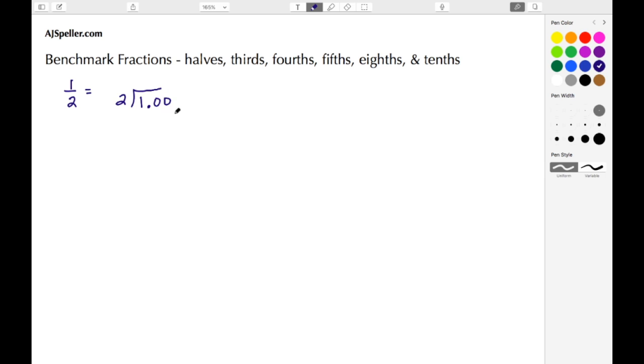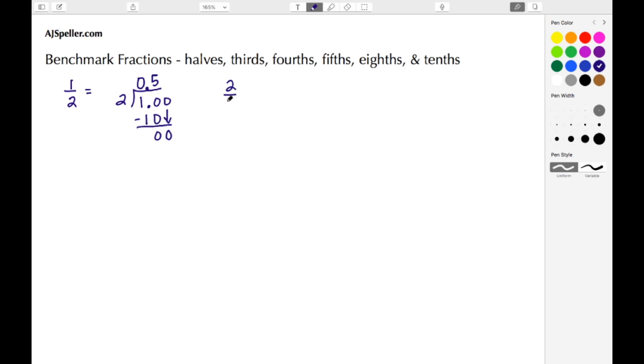And let me add a couple of zeros. Well, 2 can't go into 1, so I place a 0. Also bring up my decimal point, but 2 can go into 10. 2 goes into 10 5 whole times, and 5 times 2 gives us 10. We do our subtraction, and we bring down, and we see that everything is zeros. So we see that 1/2 is the same thing as 5/10.